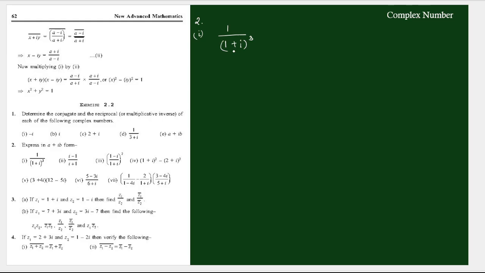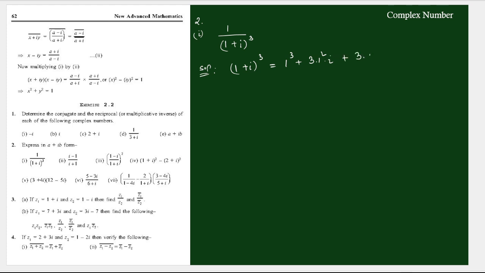So this is (1 plus i) cube. First we find out this (1 plus i) cube. We will simplify this one, see how much we get, and then we will put it there later. So first we find out (1 plus i) cube is how much. (a plus ib) cube, (a plus b) whole cube, so 1 cube plus 3a square b, without b it is i,